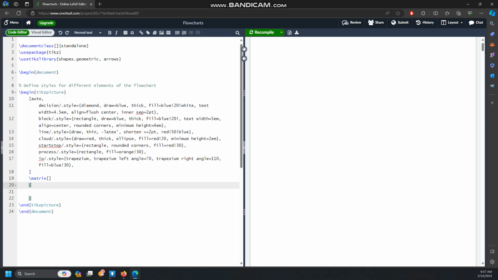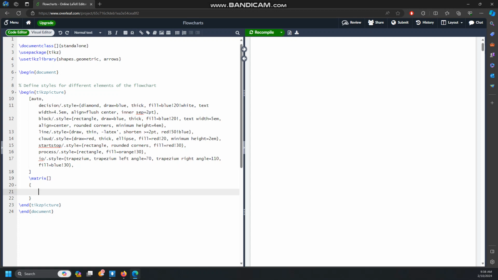So even in this case, we'll treat every node as a matrix cell. Then we'll see how we can join those different nodes. So just think of it as a matrix. It could be a 10 by 10 matrix or 10 by 5, just think of it as a matrix, the way we draw a matrix